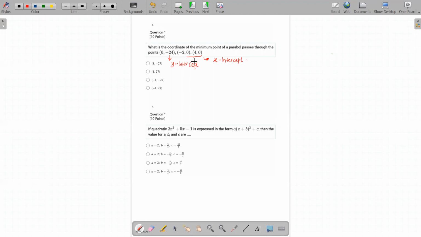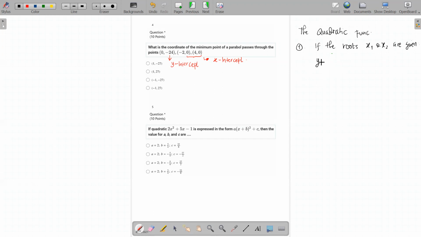So to find the equation of the parabola, we can use a formula. Let me re-explain to you about the equation of the parabola, or in this case the quadratic function. How can we derive a quadratic function? First, if the roots, which are x1 and x2, are given,